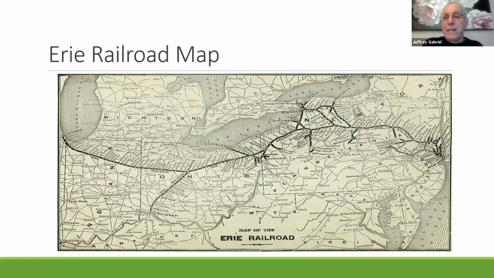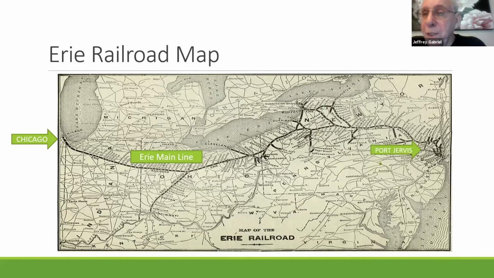Okay, here's a map of the Erie as it was, and the main line, of course, and branches. We're simulating in the territory I picked to demo, the main line from Chicago on the west to Port Jervis on the east. In other words, it's everything except the New York division. The New York division is so busy, obviously, it needs its own territory. So we won't be doing that today, but it's available to you.